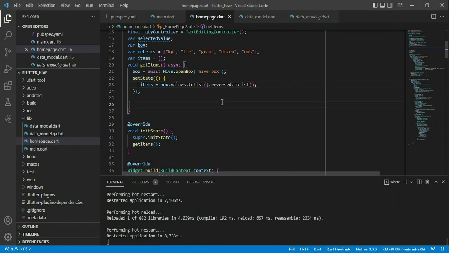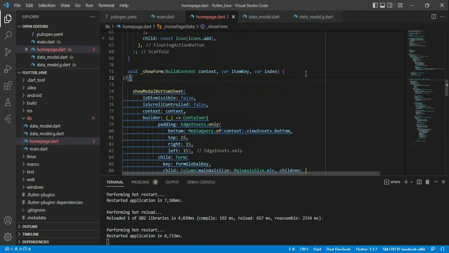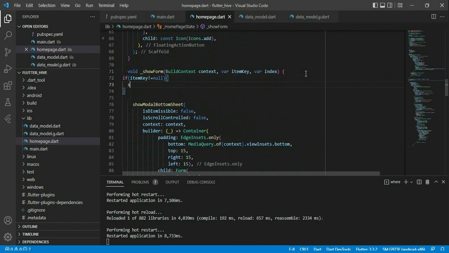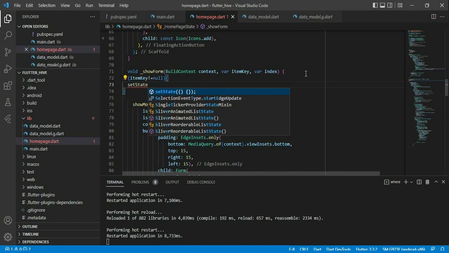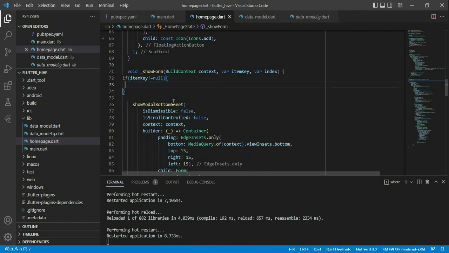Now whenever we click the icon, it should have the value placed on these fields. For that, we need to go to our show form and then check if item key is not equal to null. That means we have our data, and then we set state our controllers. We don't need this set state. We place our item controller dot text to be items of index dot item,